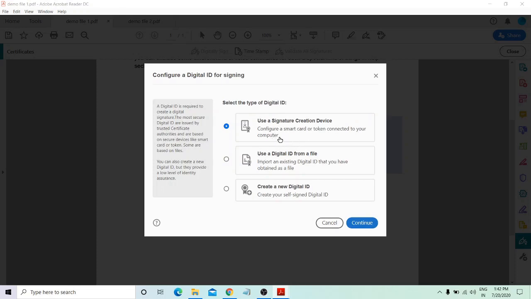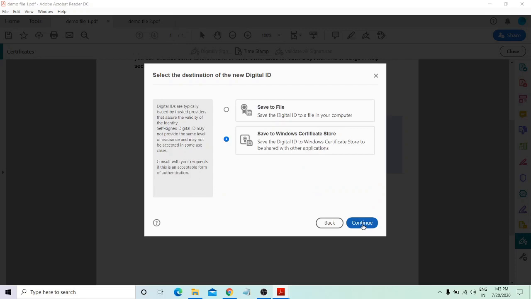So this option is for smart card or token connected. If you have created some digital signature previously, you can use that digital signature from the file, or you can configure a new digital ID.